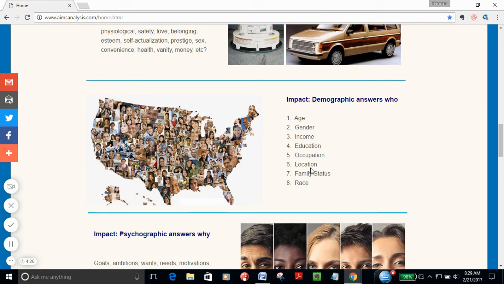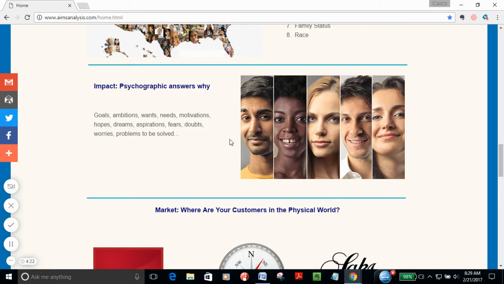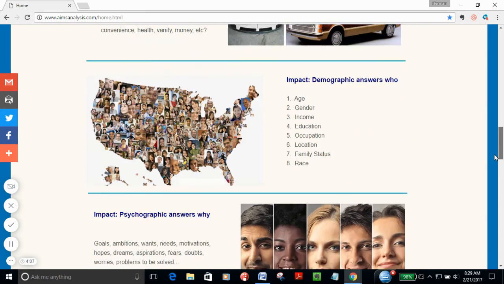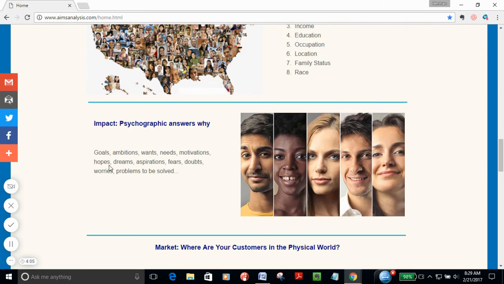We could look at research to determine who most likely would have a Botox procedure. And then what is the psychology? What are the psychological motivators? And so again, in this case the psychological motivators are very similar to the attributes. And so it's a person who wants to be loved. They want to be needed. They want to be more beautiful. And then this is also a person who may be driven by